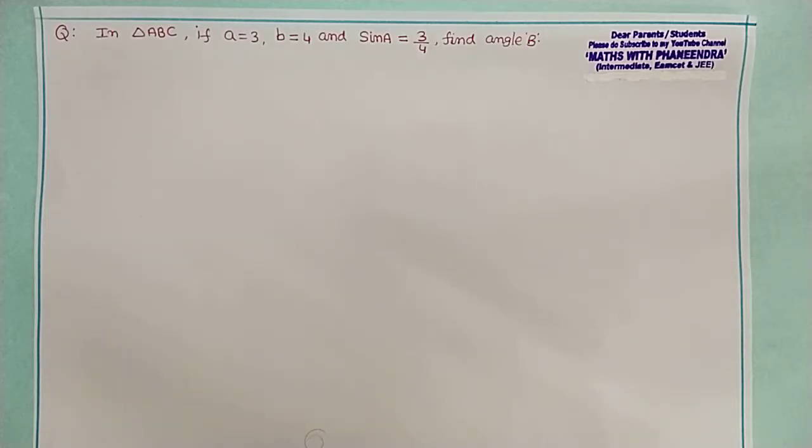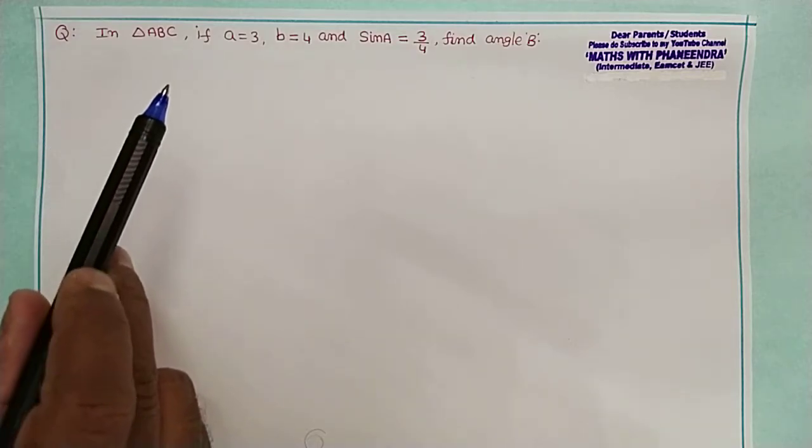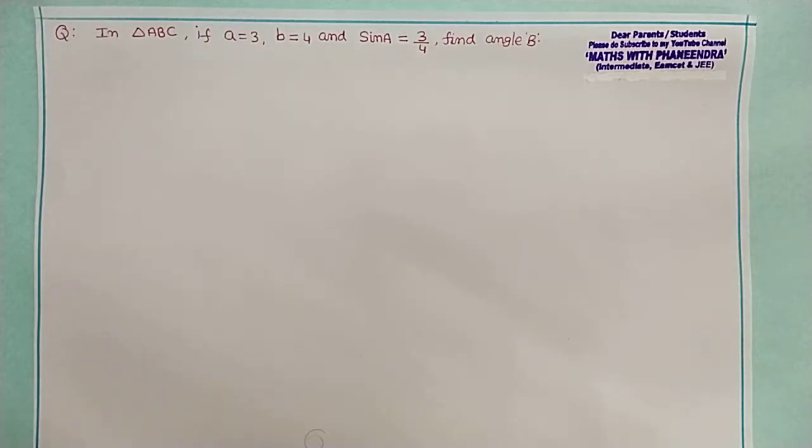The first question: in triangle ABC, if a equal to 3, b equal to 4 and sin A equal to 3 by 4, find angle B. See here, small a and small b are sides of the triangle. Sin A is given, sin A equal to 3 by 4. Then find angle B. So here, by using the sine rule,